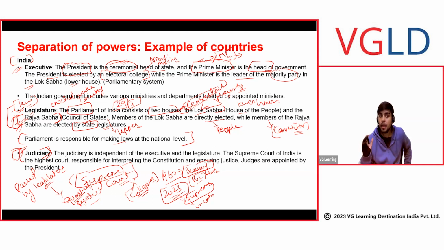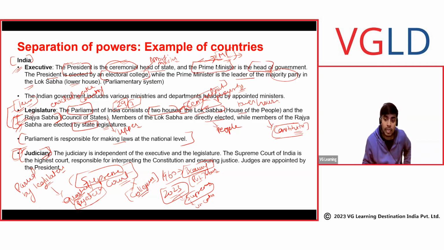And that's why the government cannot pass an act which is beyond the constitution. If the government tries to pass an act which is beyond the constitution, the judiciary can eliminate or reject that act, and that act will not be applicable to the country. So this is the power that is